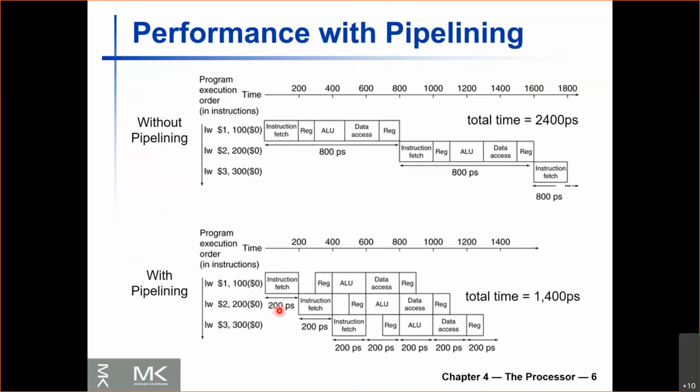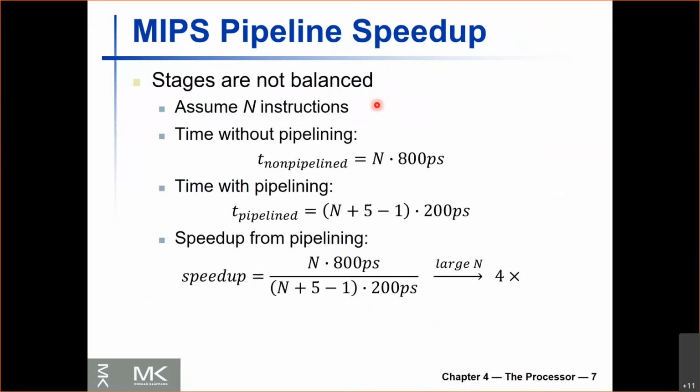But then with pipelining, because we're applying pipelining, now all the stages need to be as long as the longest stage, because we're going to do a stage every cycle. So the cycle needs to be long enough to fit the longest stage. Consequently, the instruction decode stage where we read the registers and the writeback stage where we write the registers, even though those took 100 picoseconds without pipelining, with pipelining we're going to give them 200 picoseconds because that's how long the other stages take. And we saw that because the stages are not balanced, we don't have a 5x speedup